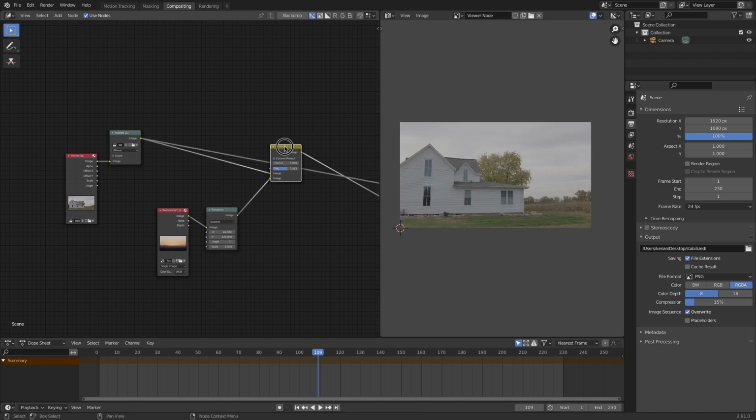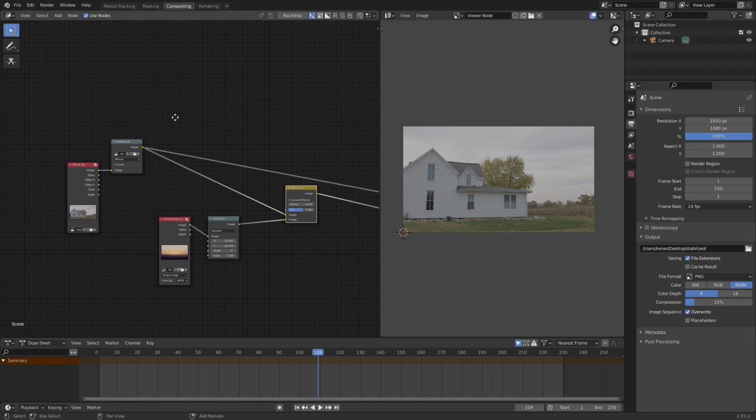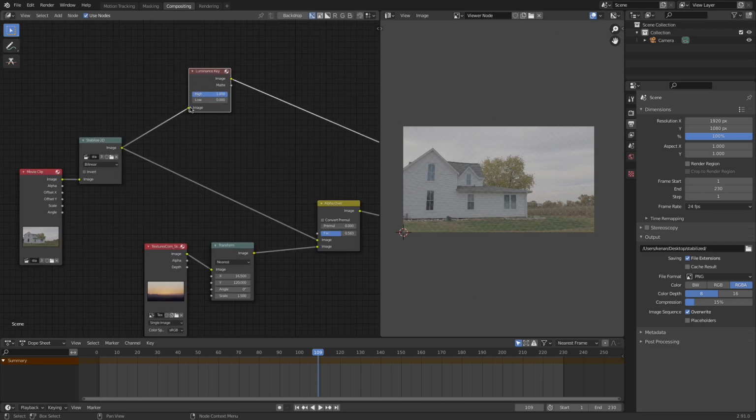Well, my favorite way is skies are usually the brightest thing in a scene, especially if it's slightly overcast or if the sky's blown out a little bit, overexposed. It makes it really easy to pull a key on the light. And we can do that using a luminance key node. So I'm going to press Shift A and drop in a luminance key node right after this stabilized 2D